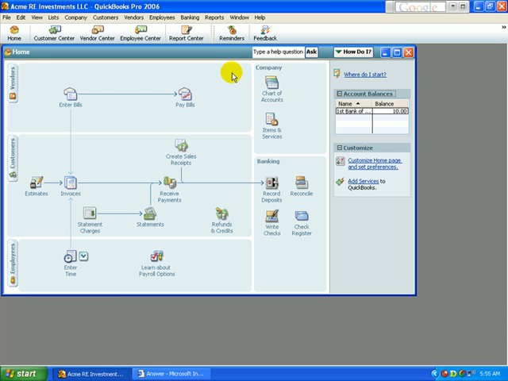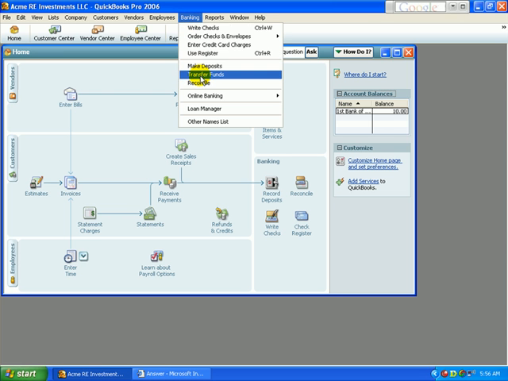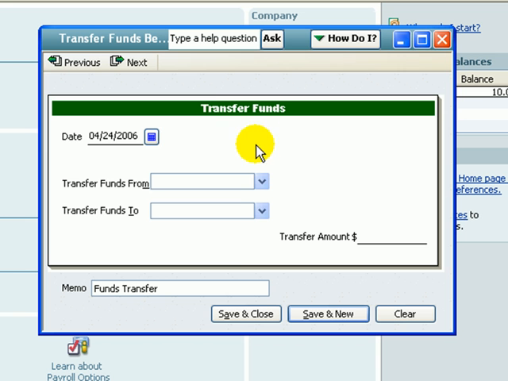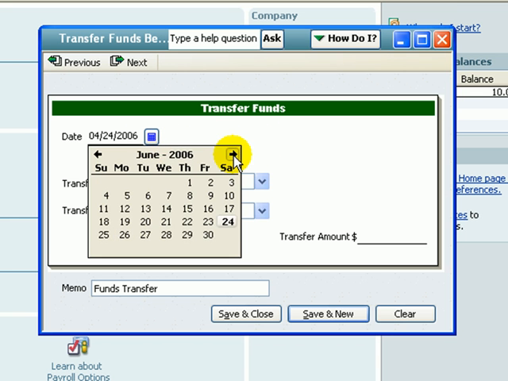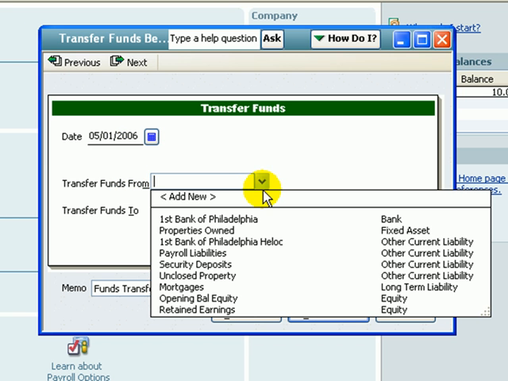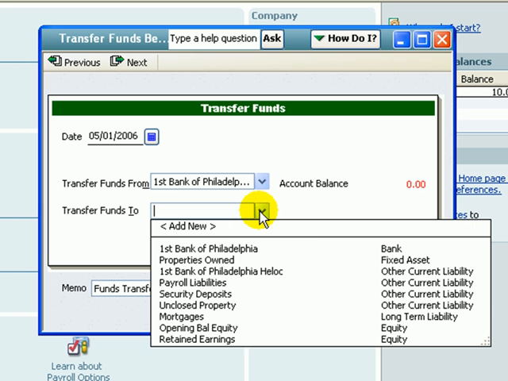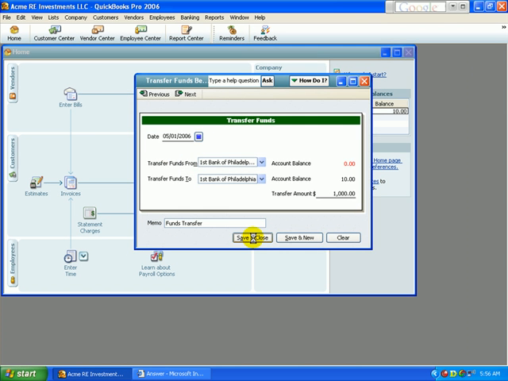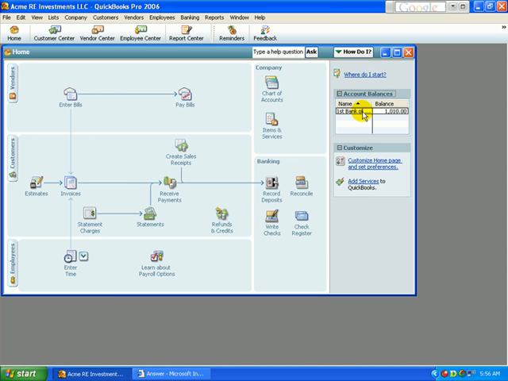The easiest way to do that is from the banking menu. There's a menu option called transfer funds. So we'll just click it, and here's our transfer funds window. So we'll pick our date. All these transactions are happening in around May, and we're transferring from our home equity line of credit to our checking account, and we'll transfer $1,000. And that's it. So we'll just do save and close, and now you can see that in our checking account